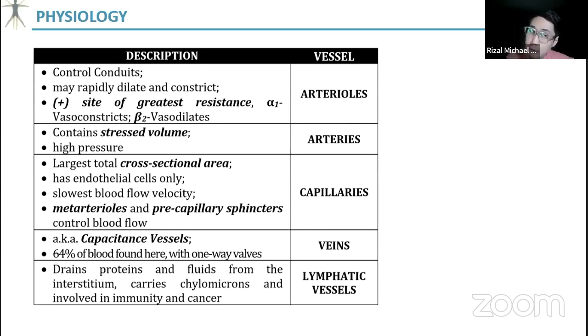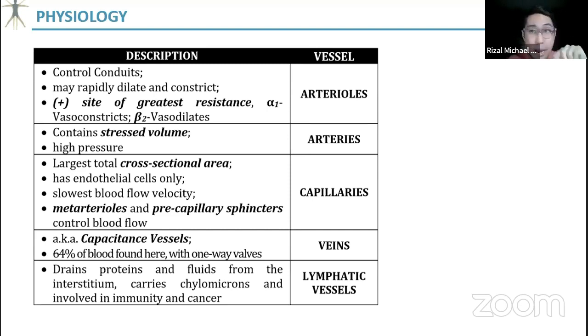Okay. So for example, this one, arterioles, your arterioles mo yan yung site of greatest resistance. So is the one responsible for controlling the blood flow or the conduits. That is because if tinanong ka bakit yung arterioles, because they are capable of rapidly dilating and constricting. Your arteries, di ba? Recall your anatomy dissection, di ba? Your arteries compared to the veins, pag laging pinipinyan magkatabi, laging confusing, right? Very confusing kung ano yung artery, ano yung vein. Tinitingnan natin dyan kapag arteries, thick-walled sila.